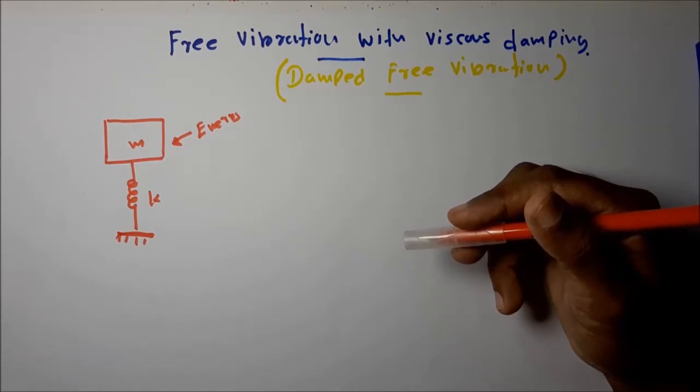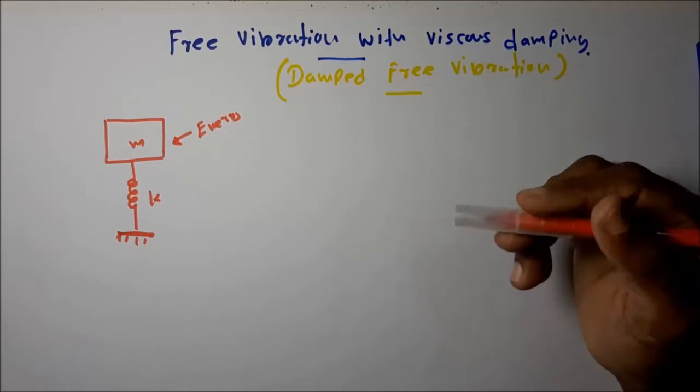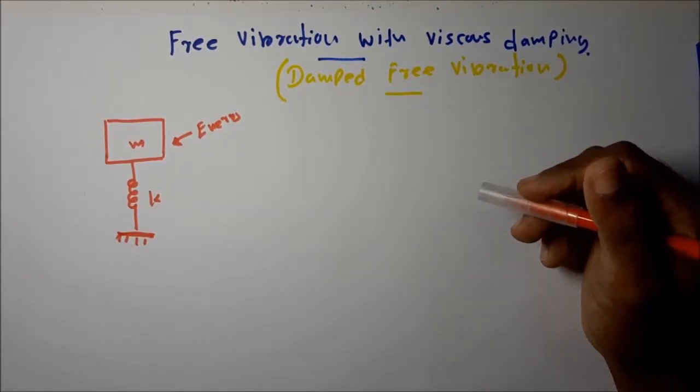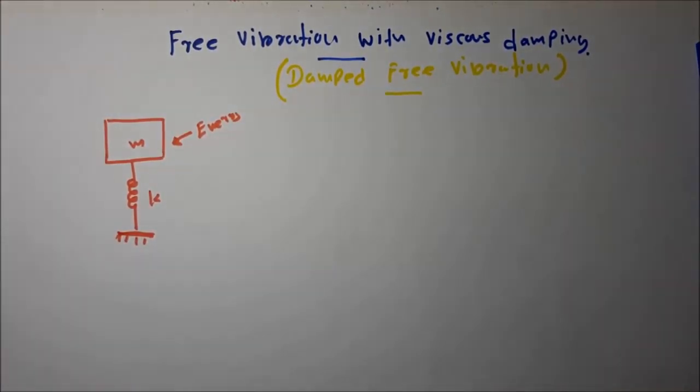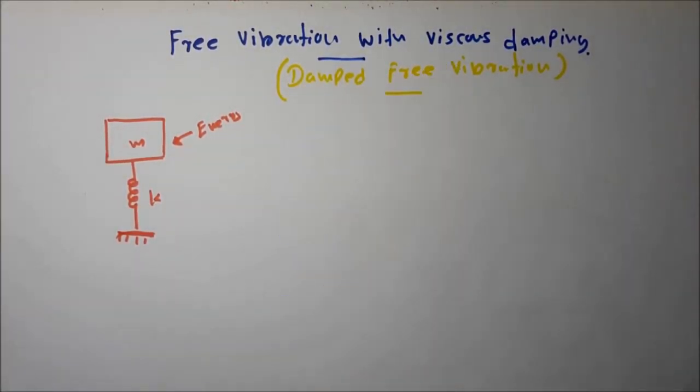Hysteretic damping, simply we can say, is due to the deformation of the material, where a certain energy is consumed for this deformation. That means the existing bonds in the material break and new bonds are formed. In each cyclic deformation this happens, so a certain energy is consumed to break the bonds and to form the bonds, called hysteretic damping. These three things we discussed in detail in the last class. Today we are going to move to free vibration with viscous damping.